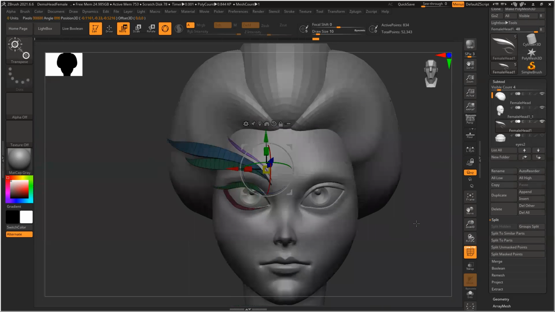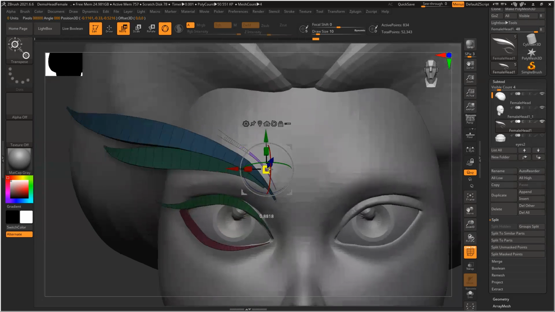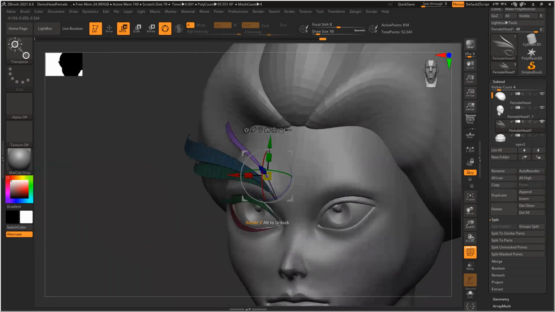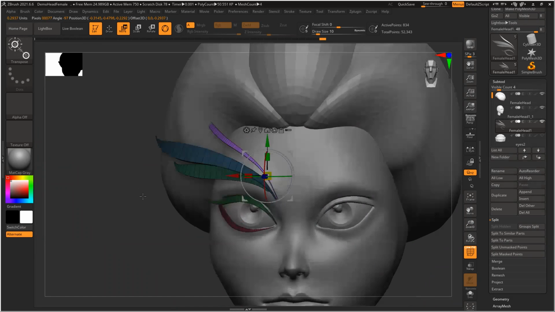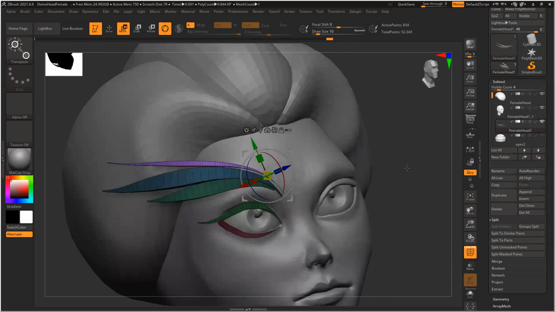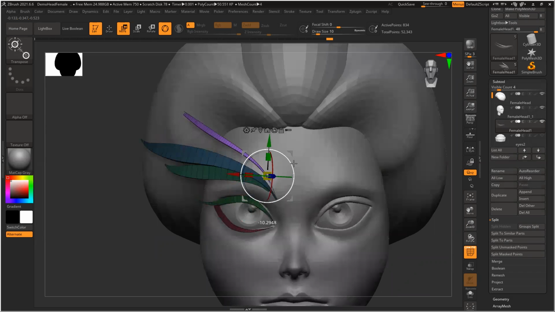Now this one also. Increase the size, place it here. The angle slightly, and now this angle, front.